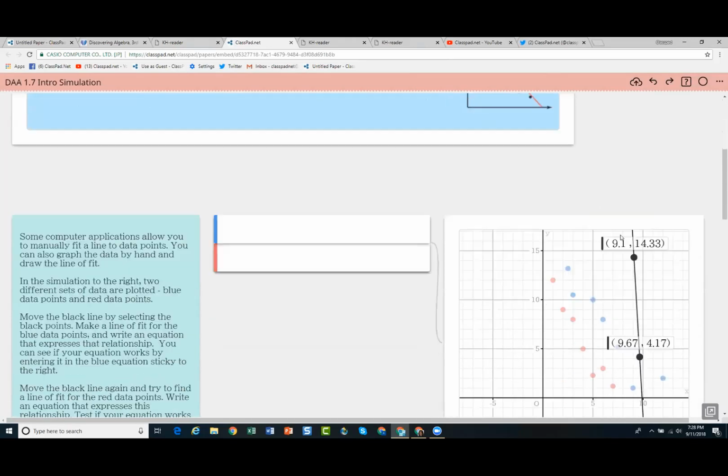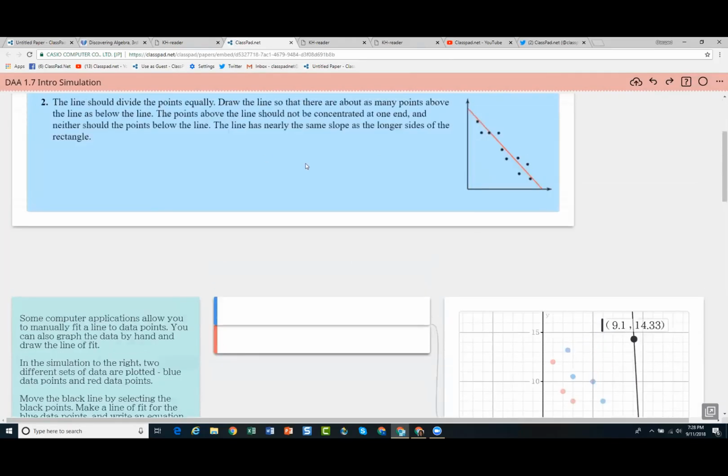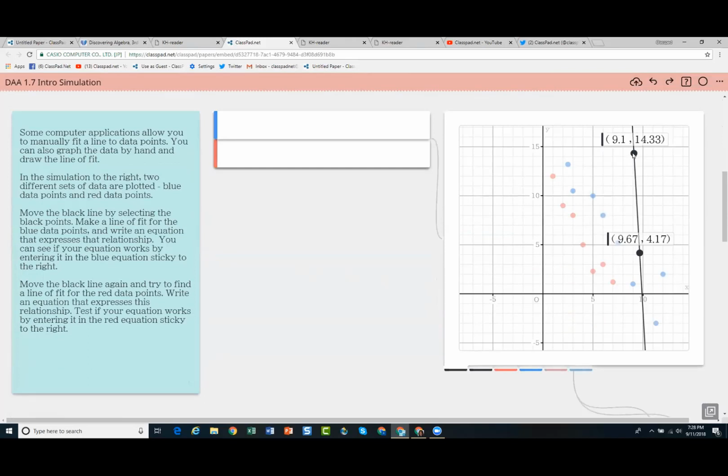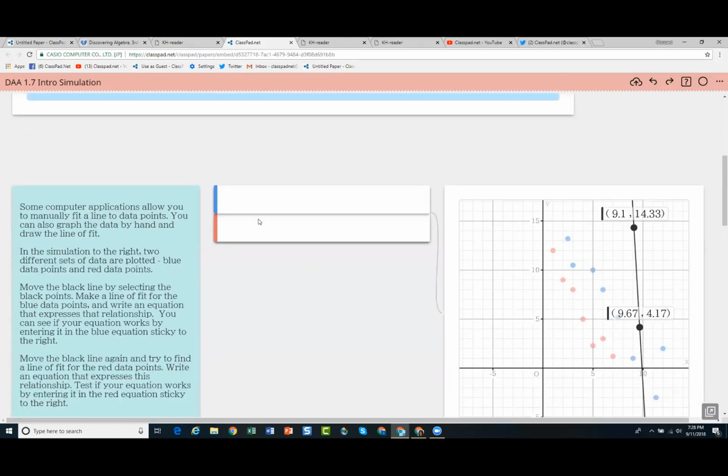So if I'm in my book and I'm interacting with this, this is an example, a line of fit. It's giving you the directions for how to make a line of fit. The simulation is, go ahead and move this line and make it fit the blue data and see if you can come up with an equation for it. Then use those two points again to make a line of fit for the red, and you can use your calculate. Now, it's been acting a little slow because we're over the,